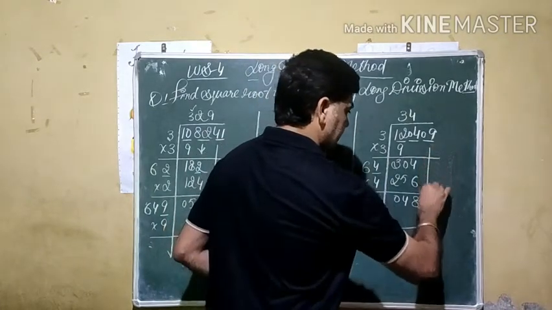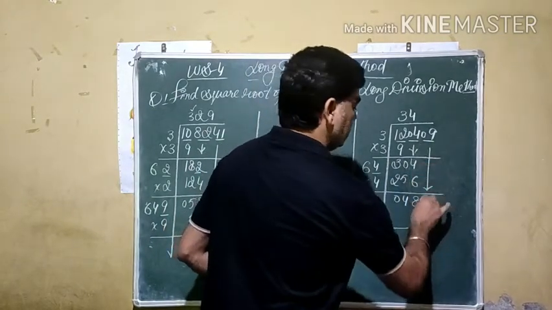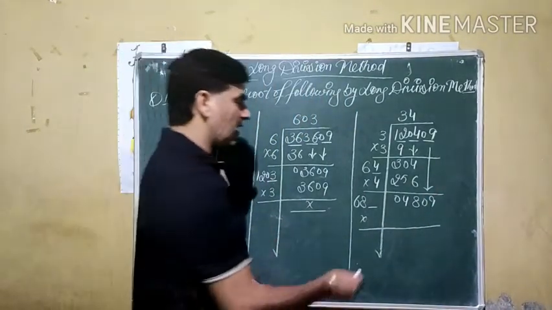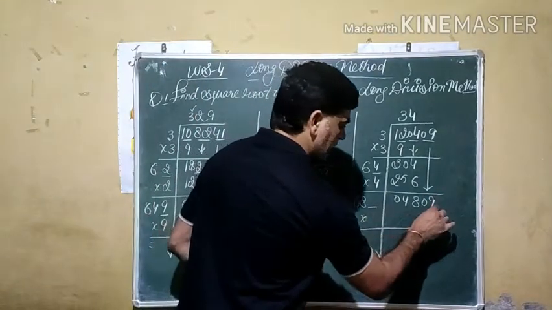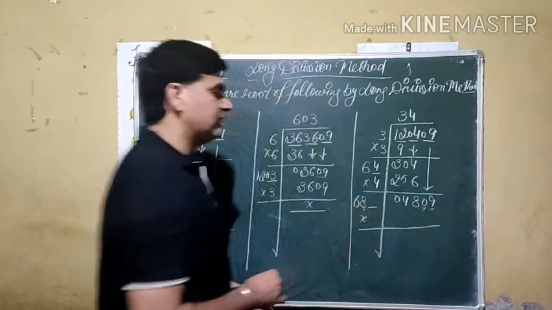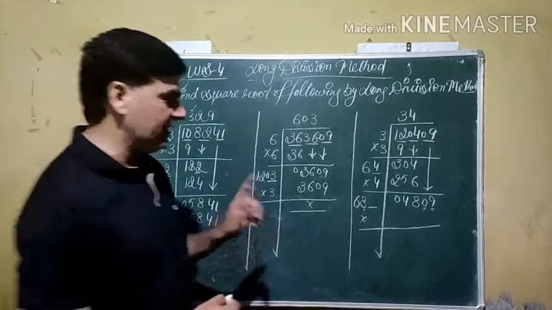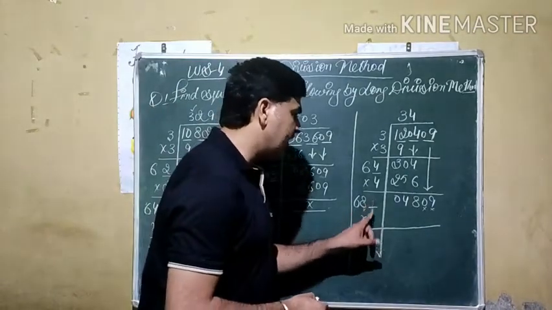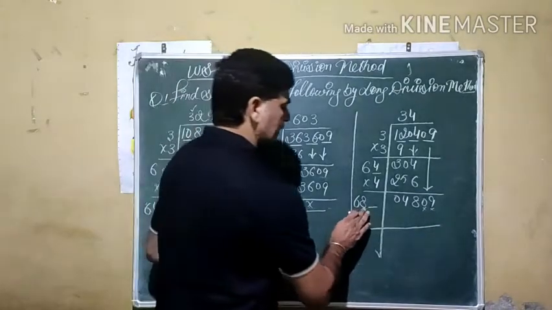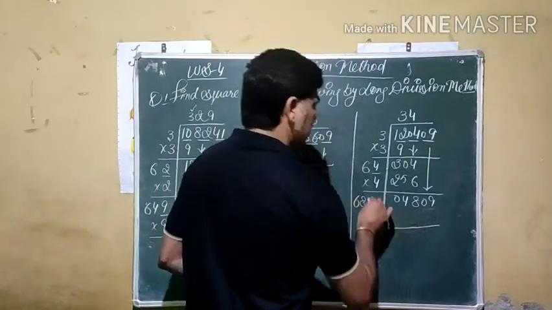Next pair turn. Next pair is our 9. If we see here, we need a digit. How can we identify? For this blank, 1 digit drop. For 8, we block this one. At the table of 6, 48 comes at 8. If we take here 8, 8 8s are 64. 6 carry also comes. So it is not possible. It gives us a bigger value. So we are trying for one less.